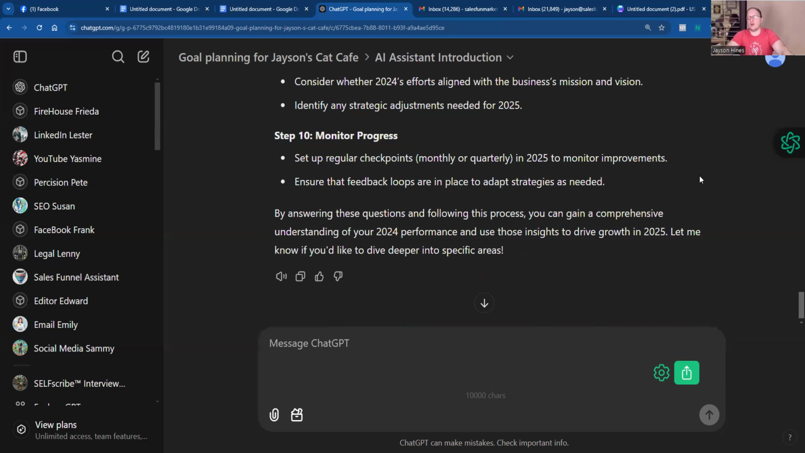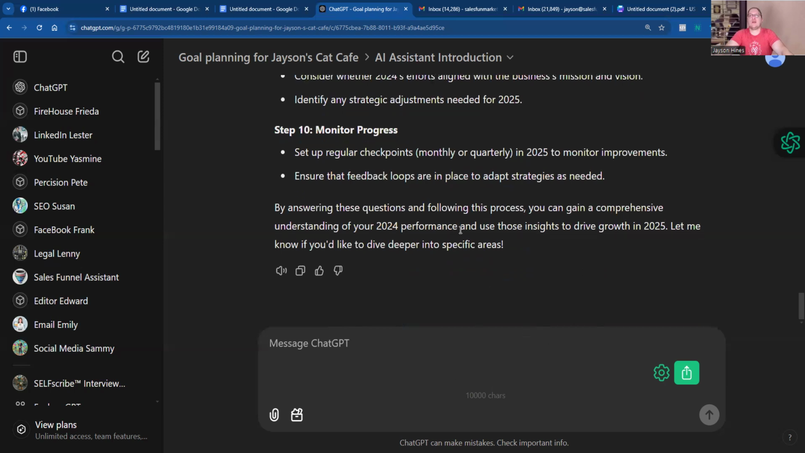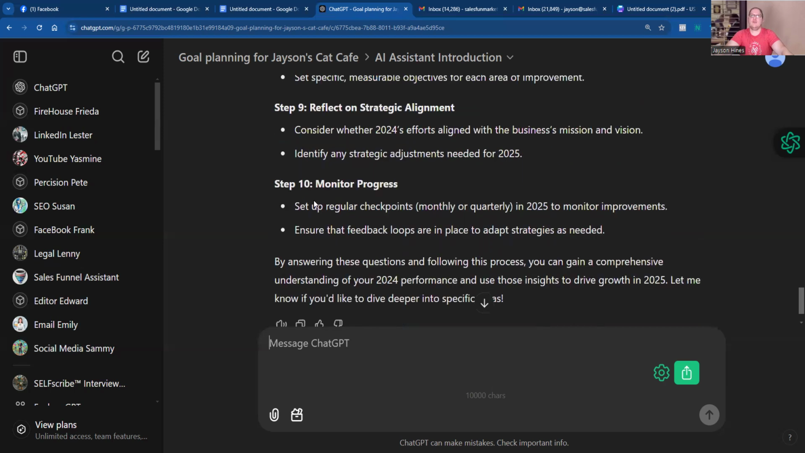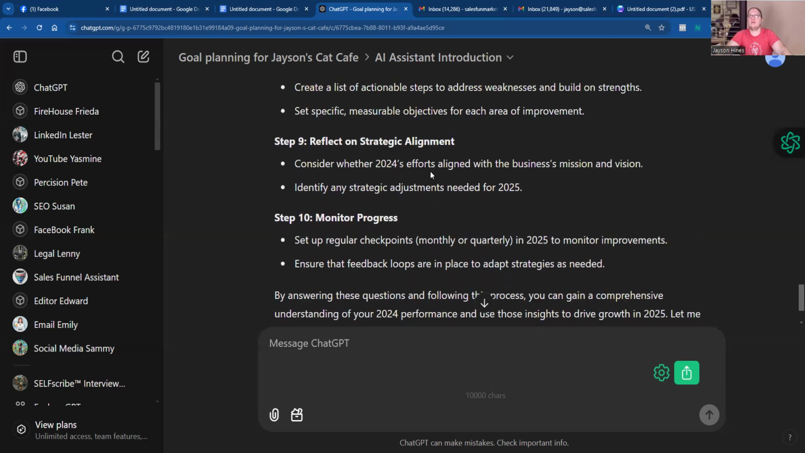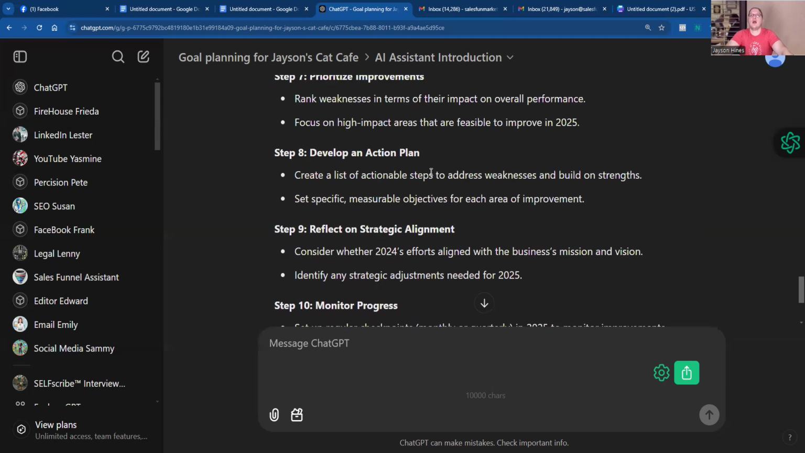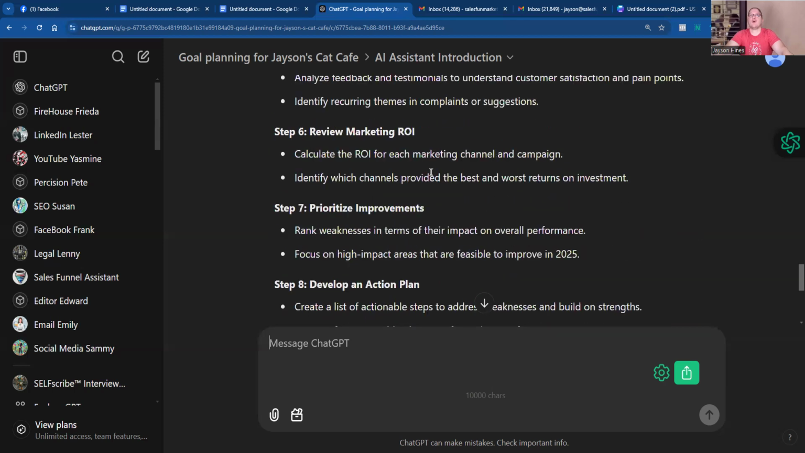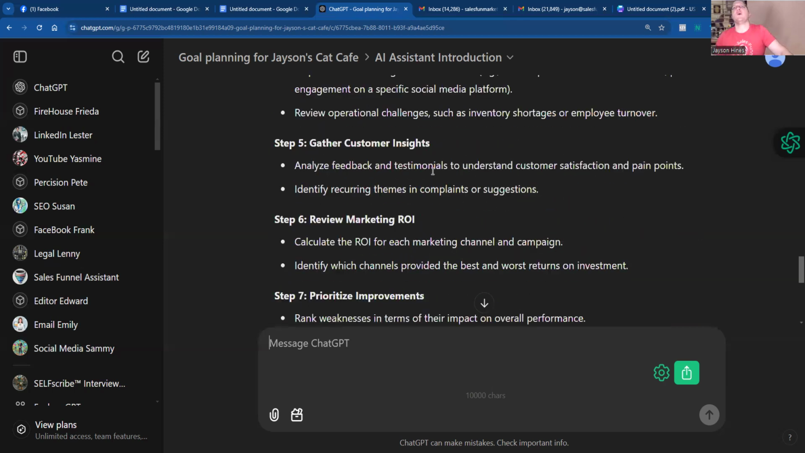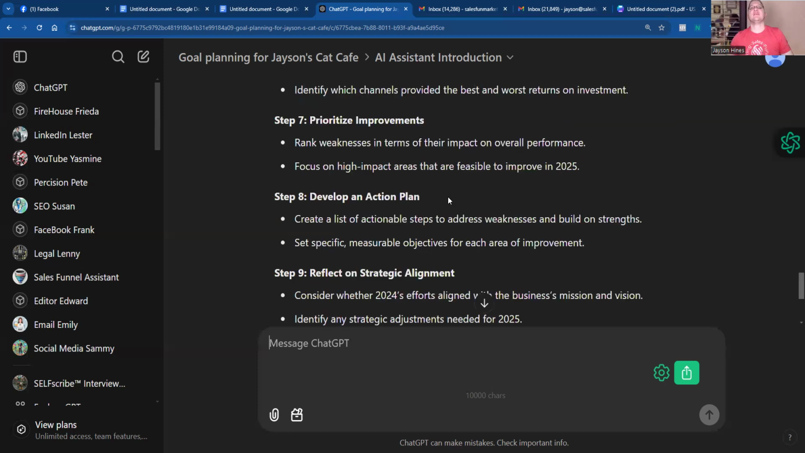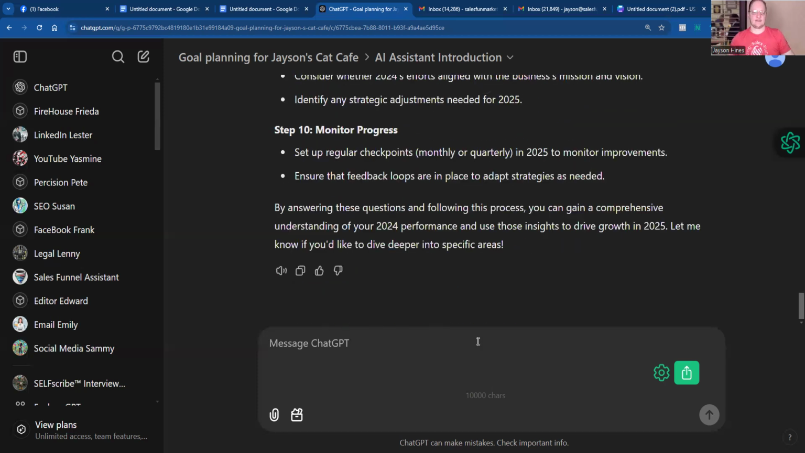What is working for you? So with that being said, you can ask it any follow-up questions, or you can say, can you be more specific on step 9? And it will give you really anything else. So if I wanted to gather customer insights, step 5, I could ask it,